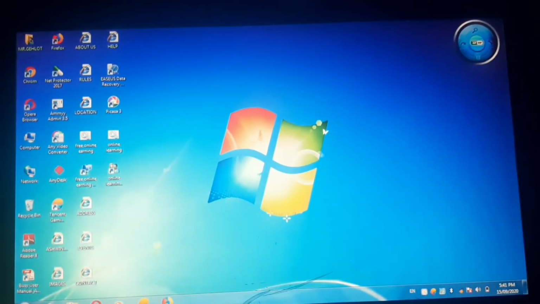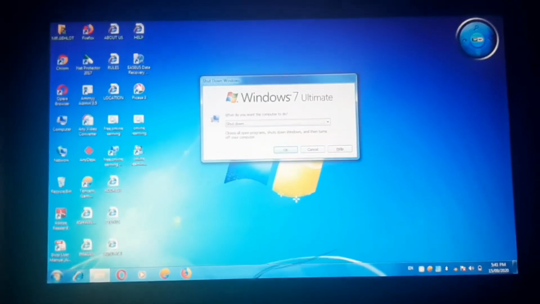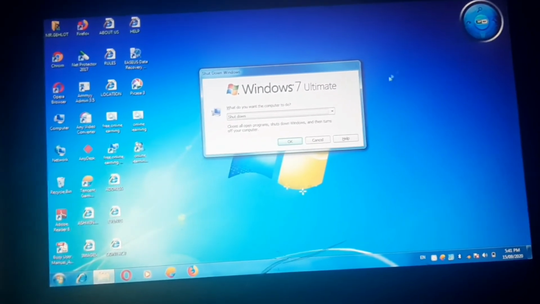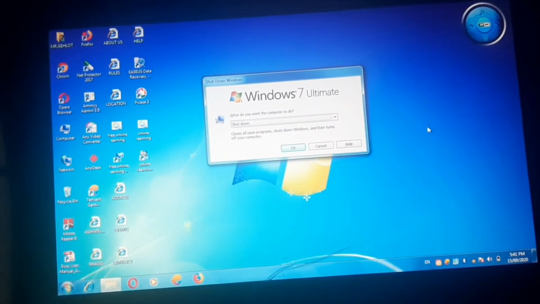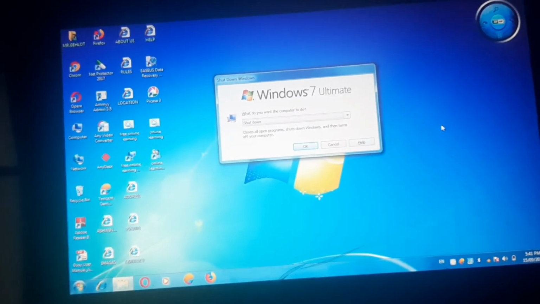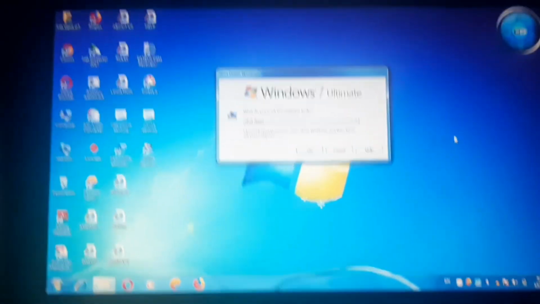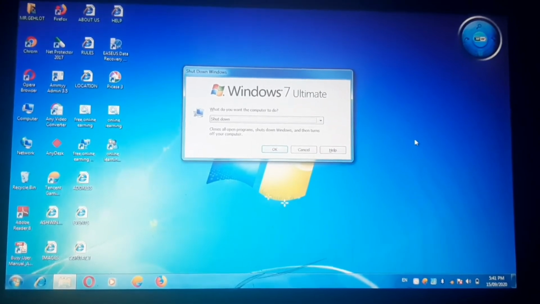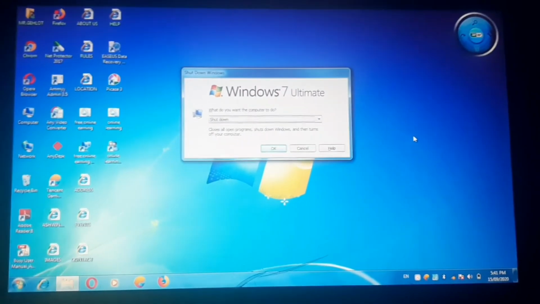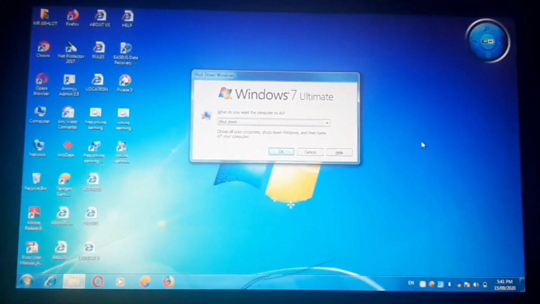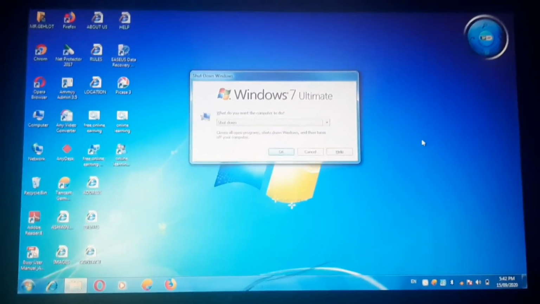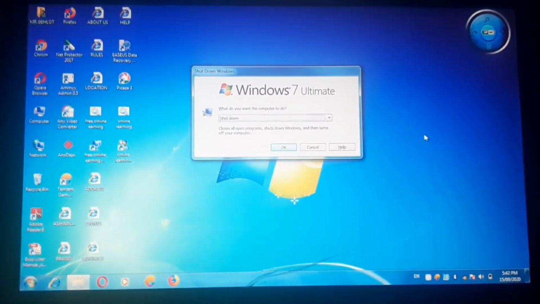You have to press Alt plus F4 on the keyboard. Then you can see the shutdown option on the screen, and you simply have to press Enter. So if the touchpad or the Windows button is not working, you can simply press Alt plus F4 and then shut down.